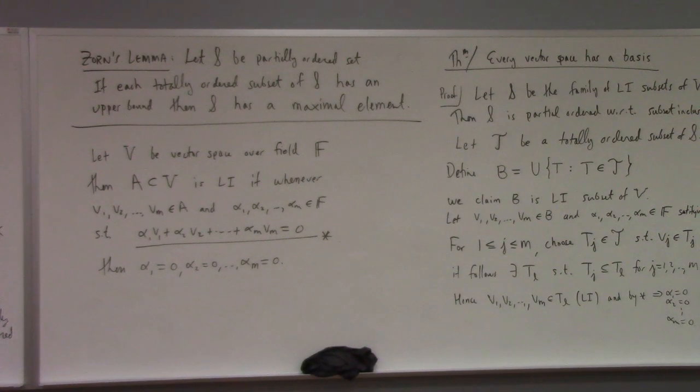Anyway, we're using this thing we learned in linear algebra, that if we have a linearly dependent set, then we can solve for one of the vectors in terms of the other ones. Or really, we're discovering that the plus minus theorem that I stated for finite dimensional vector spaces still makes sense for infinite dimensional vector spaces. If you take a linearly independent set and then you throw in something that's in the span of that set, then that new set becomes linearly dependent. And if it's not in the span, then it's linearly independent. I think that's still true.